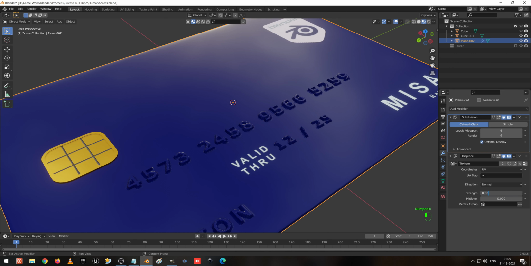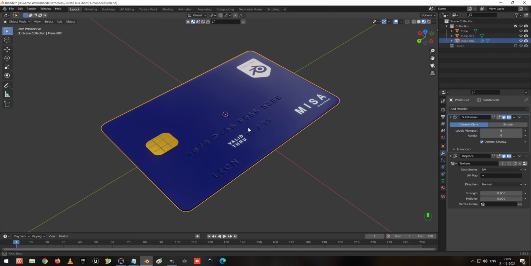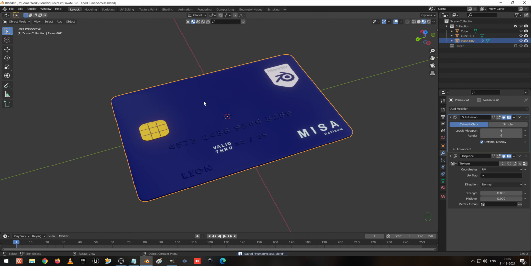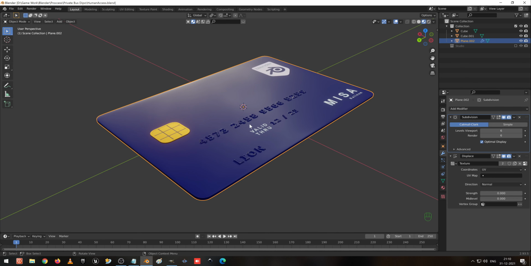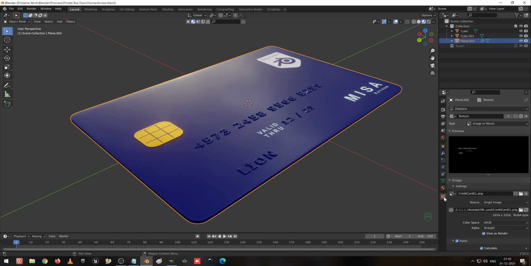So 0.0003 I make it, so let me see how it looks. Yeah, this one looks fine. What we expected has come. So we have to see the card like this. I save it. So our credit card is ready. This is the way to apply a displacement as per our requirement. And this displacement color, let me see how to change it.